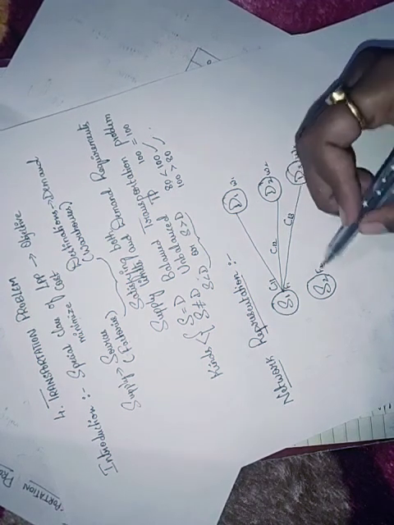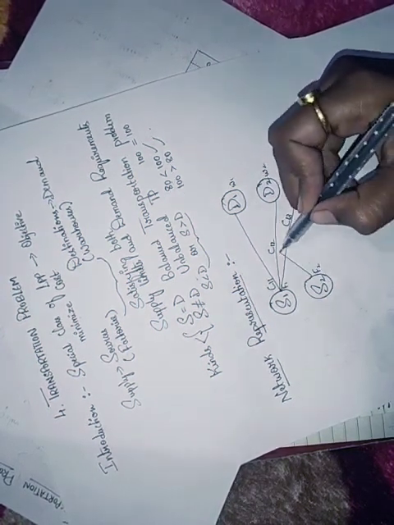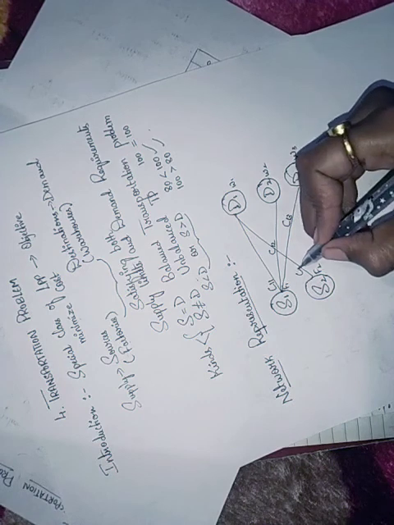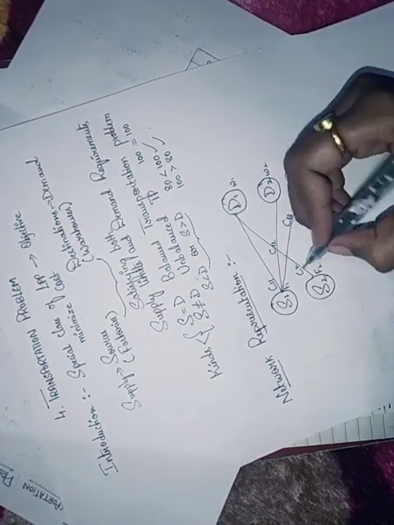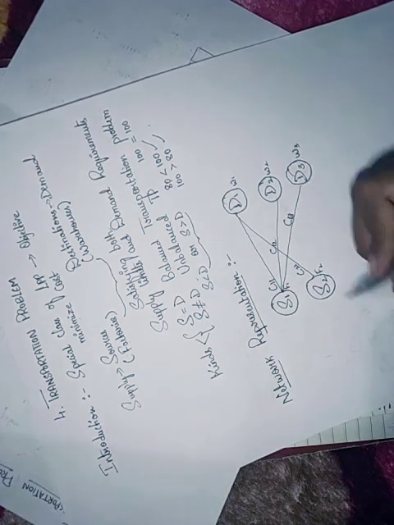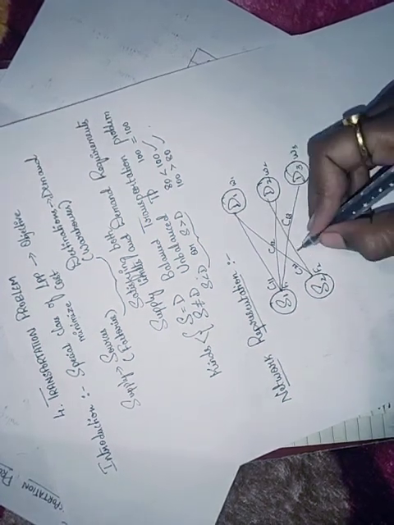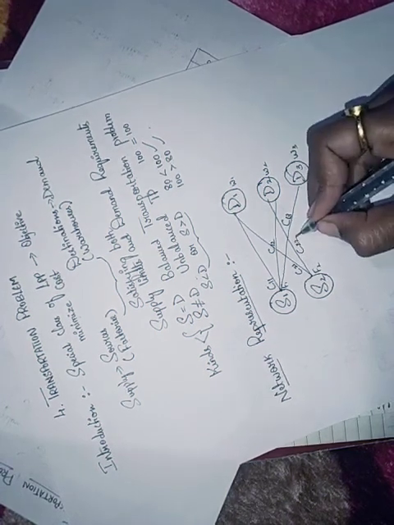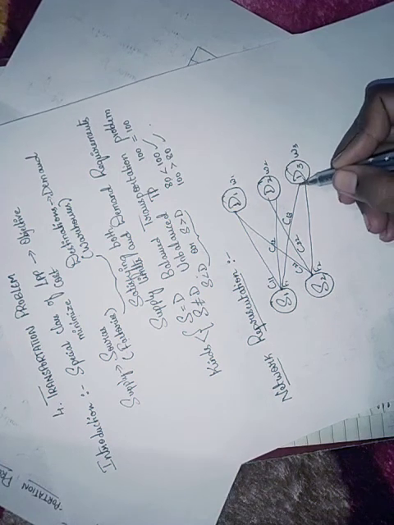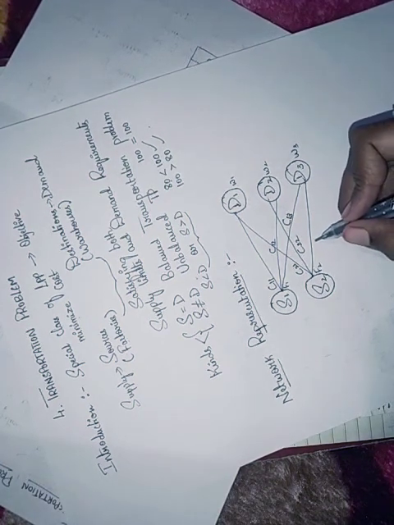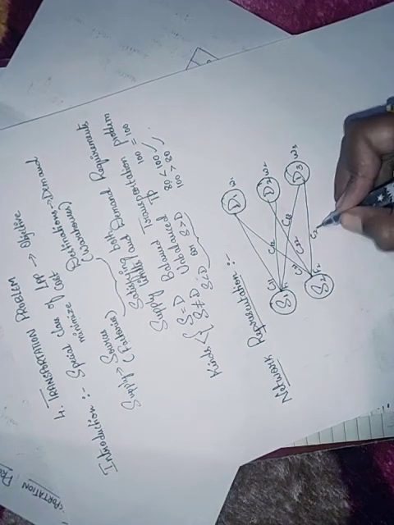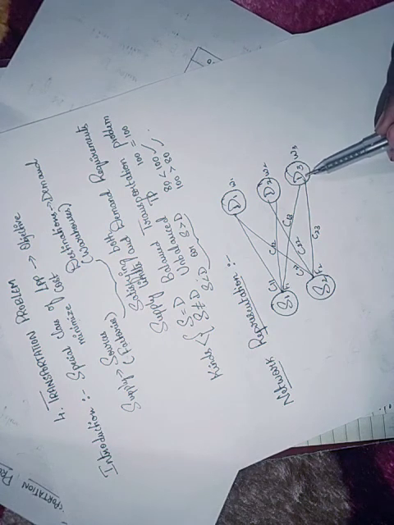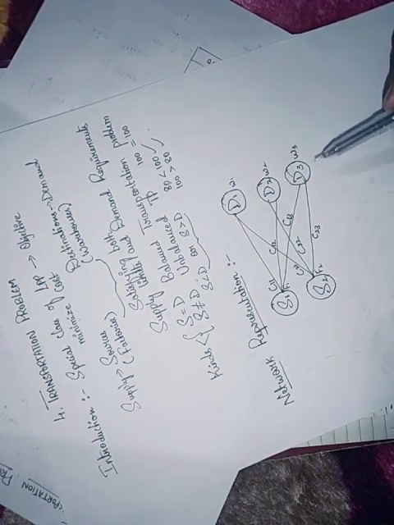And next, the same goes for the second source. This line represents the cost of transporting a commodity from source 2 to destination 1, and this line represents the cost of transporting a commodity from source 2 to destination 2, and this line is going to represent the cost of transporting a commodity from source 2 to destination 3. So in this way we are going to represent the network representation of a transportation model.